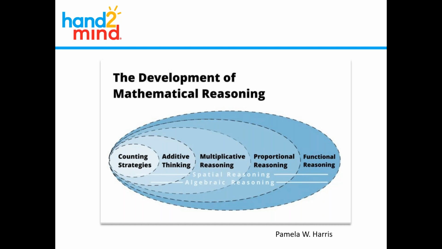We know that the teachers in 3rd, 4th, and 5th grade are working a lot on multiplicative reasoning. So they're trying to get their kids now to not think about numbers, again, in those 1, 1, 1s, but think about those numbers in groups. Groups within groups. For something like 6 times 7, we want them to think 6 times 6 is 36 plus another group of 6.